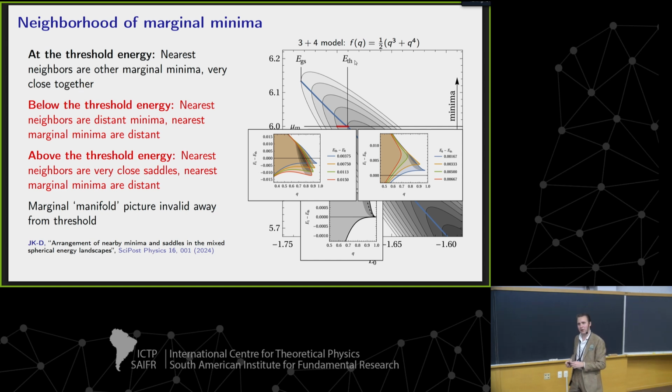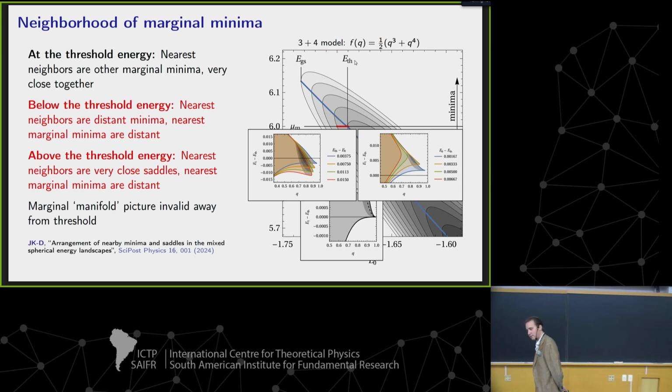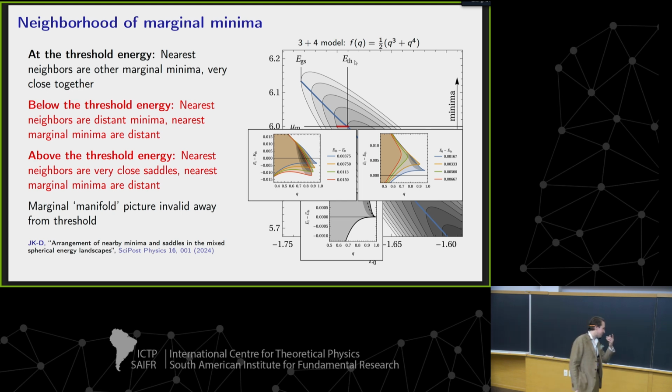I can see Dario is preparing the microphone. I don't know if there is any connection, but it looks a little bit like the presence of level repulsion in chaotic Hamiltonians. Like the two levels, let's say, two minima, tend to repel each other. So if they are close in energy, they go far away in space.